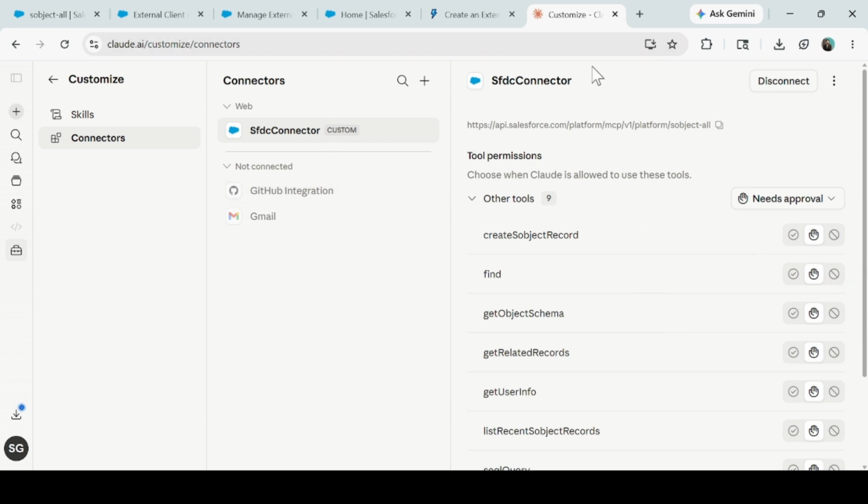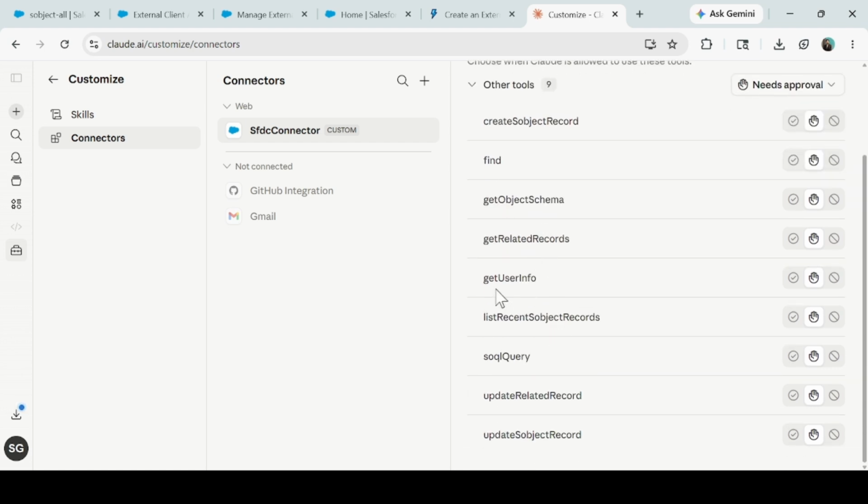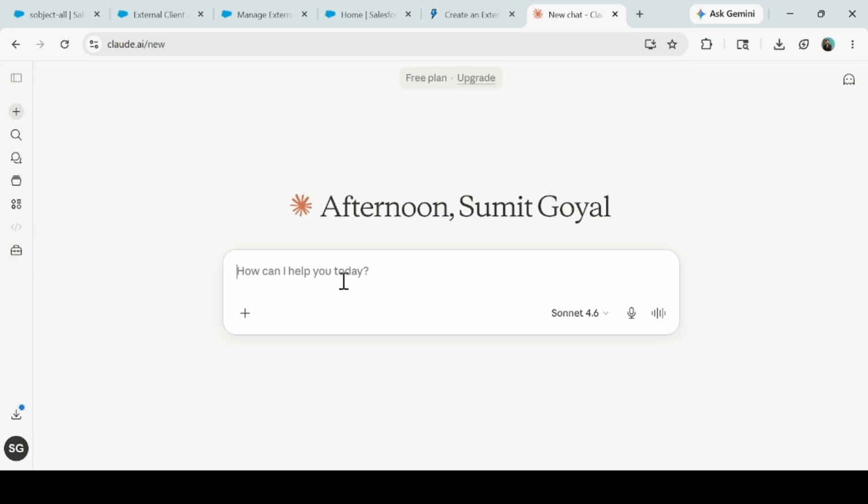So you can see it's connected successfully, the SFDC connector, and here we can perform all these operations, like get user info, update related record, update sObject record, SOQL query. Let's go and check. So now I'll click back to new chat, and here I just write